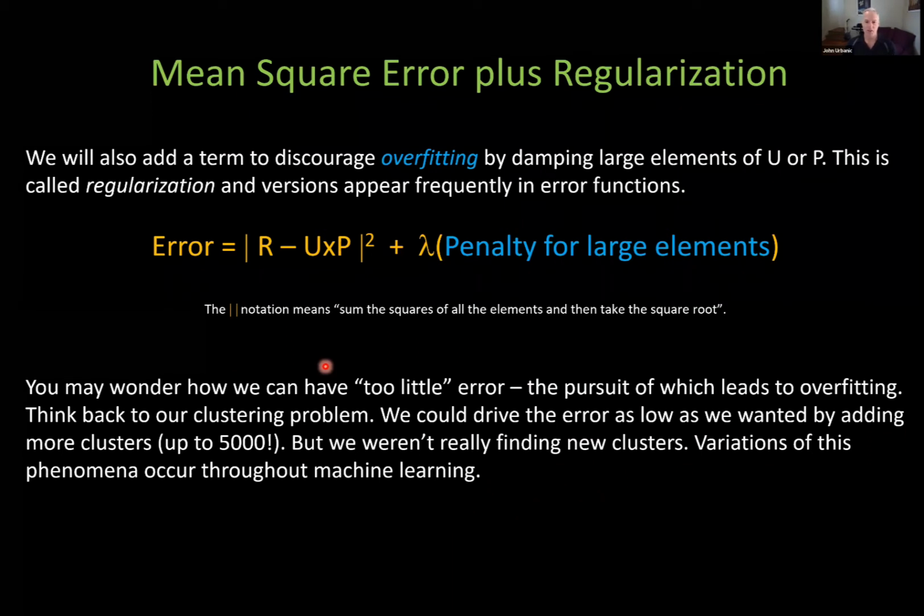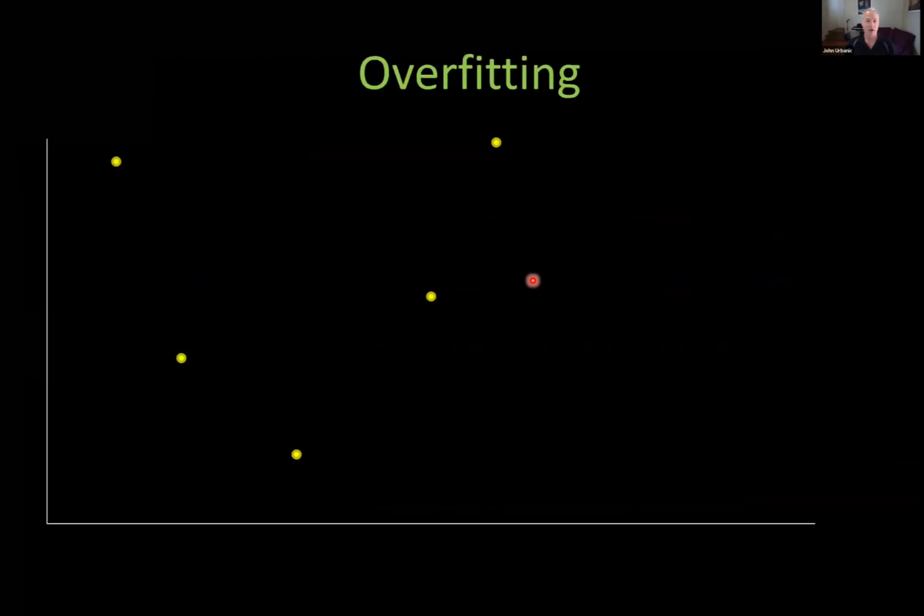And so we don't want to just say we're going to drive the error down at the expense of any other weird effect that might happen. In this case, the weird effect would be we get some very large spiky elements in our U and P matrices here. So this overfitting idea is extremely important. Let's give what I think is the archetype example of it that we could explain to anybody that's taking geometry and algebra in middle school.